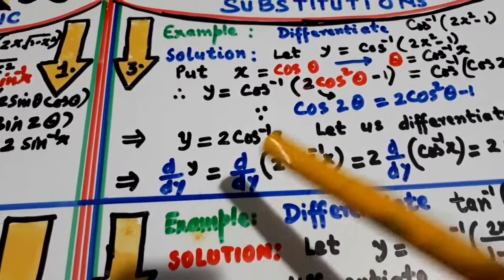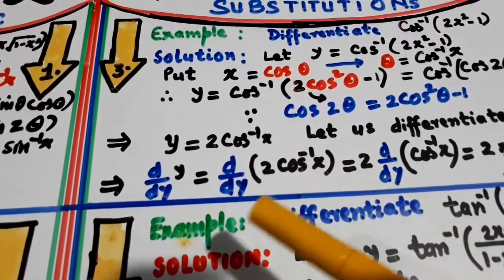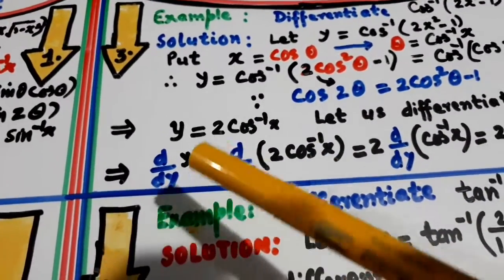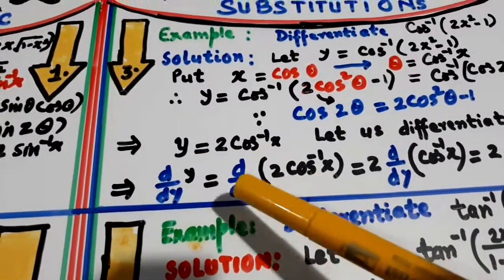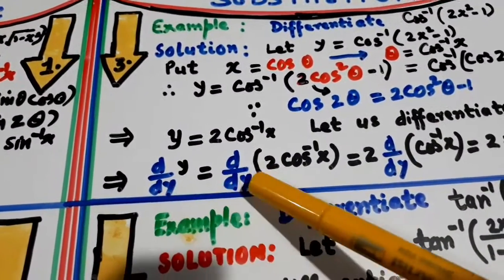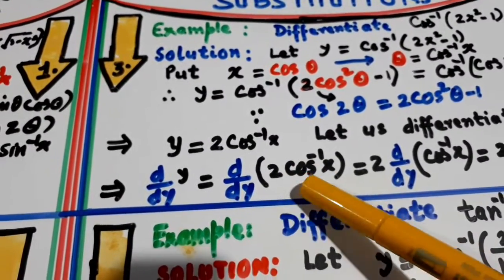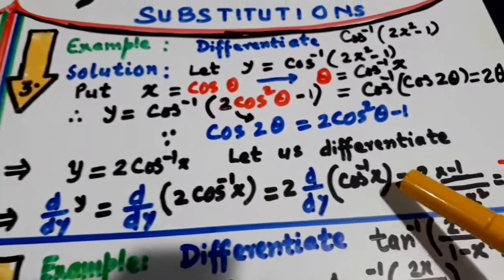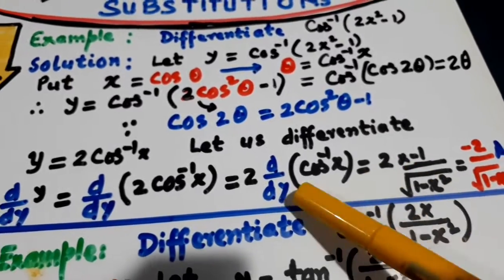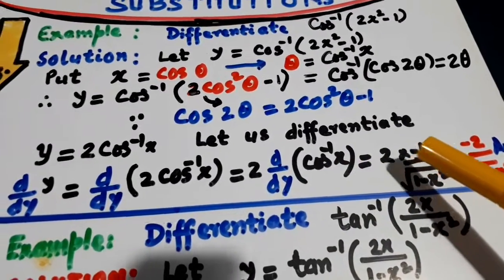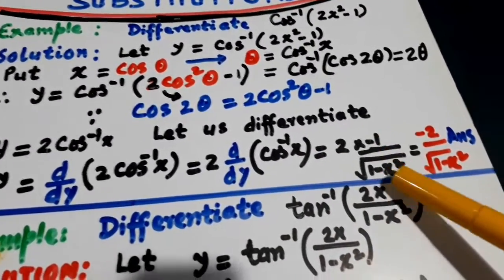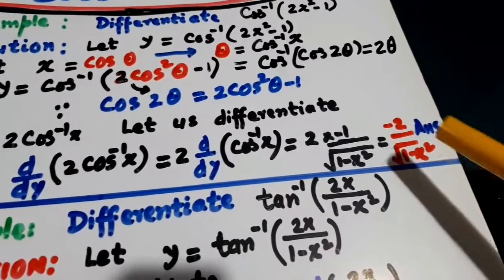So derivative will become very, very easy. It is simply a formula. So dy by dx, it should be x here only. So ddx of this, it will become 2 cos inverse x. So 2 will be outside, cos inverse x का derivative minus 1 over under root 1 minus x square. So this is the answer.